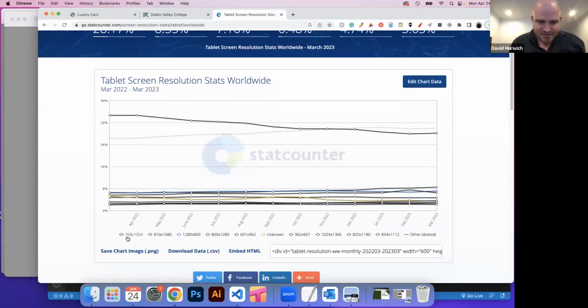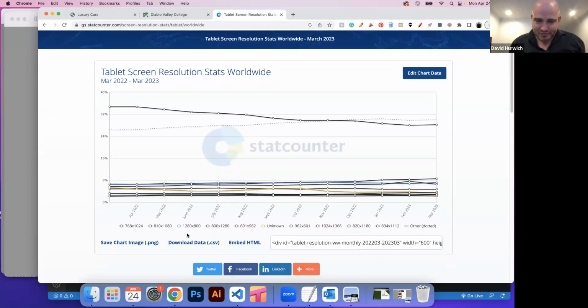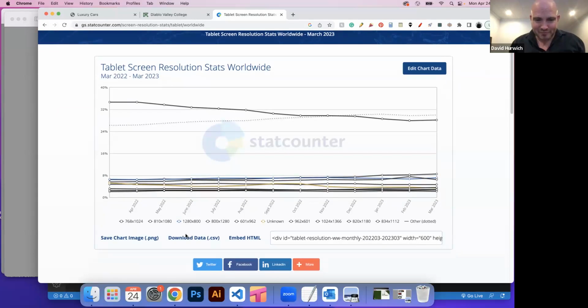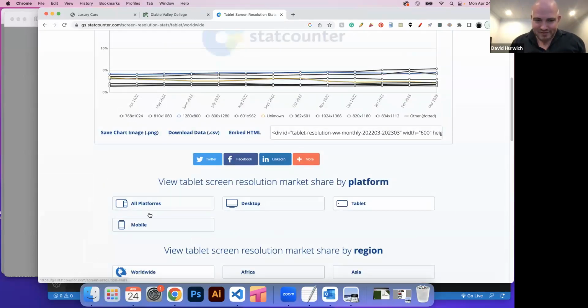So for tablets, these are the widths. You can see some of them are above 955, but a lot of them are between 700 to 800, it seems like. This does exist, and that's the market value. You can look at the percentages of things, but that seems like an outlier. You know what I mean? I don't know if that's representative of